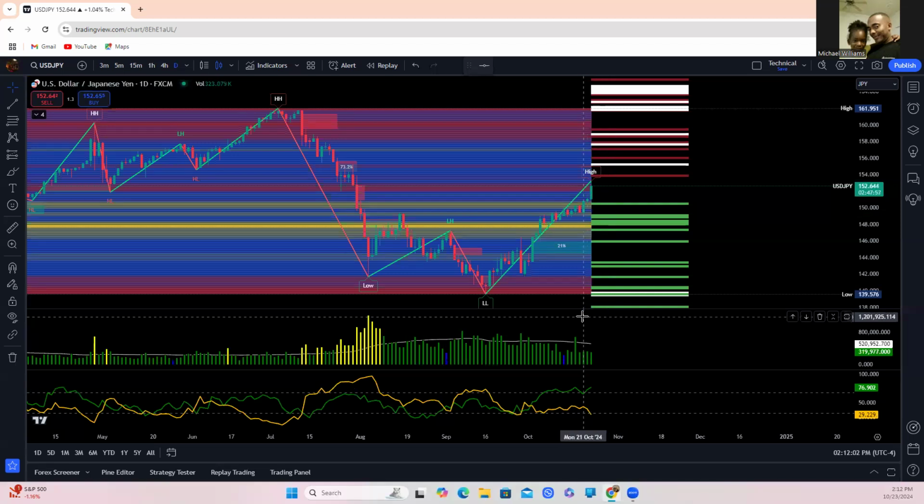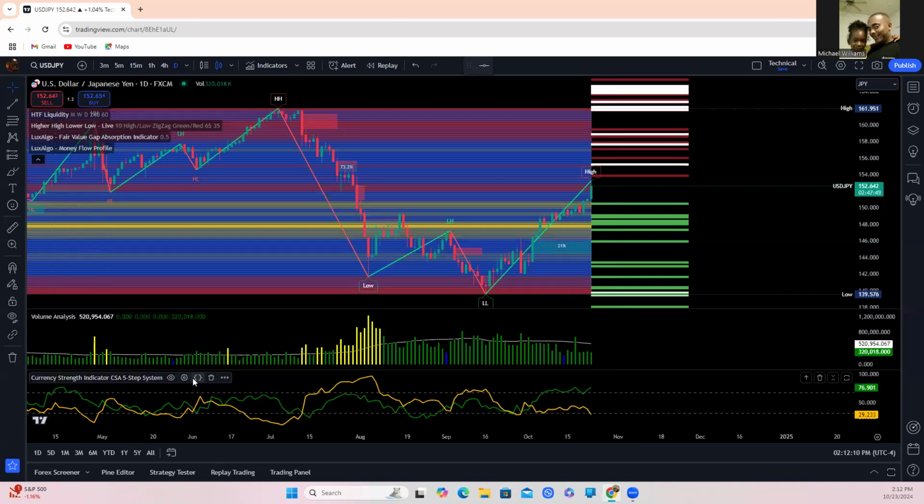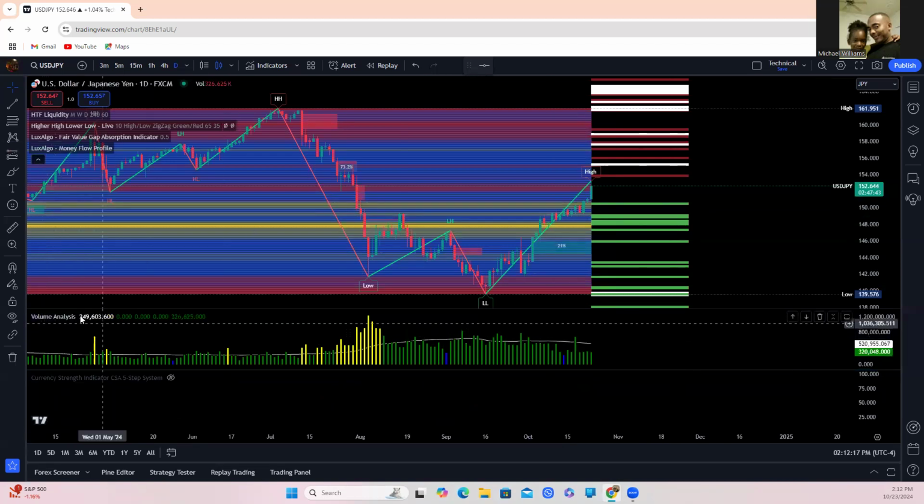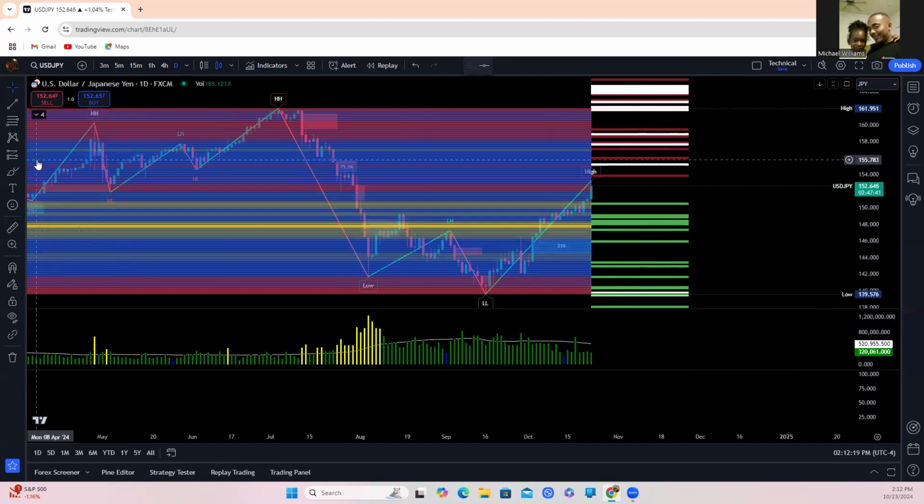One of the things that I also started doing is looking at, you can see I have the volume right here. Let me see, I'm gonna hide this one here because we're not going to talk about that right now. All right. So this is the volume analysis VSA indicator, but you can use the regular volume indicator. And I'll talk about how we use this indicator, but not just this indicator, but the volume down here, period,